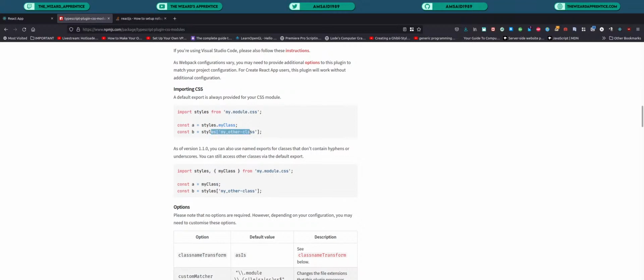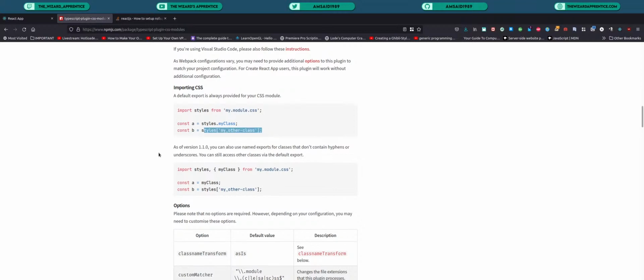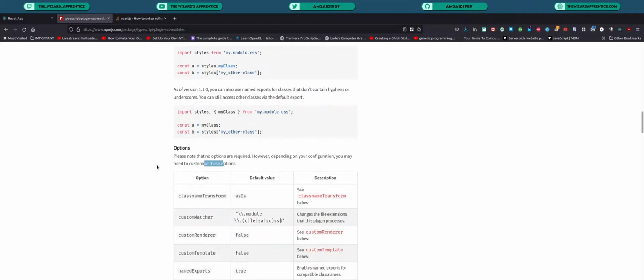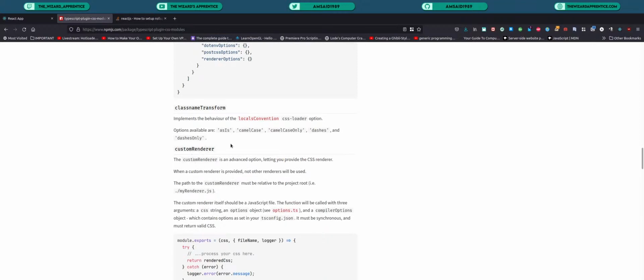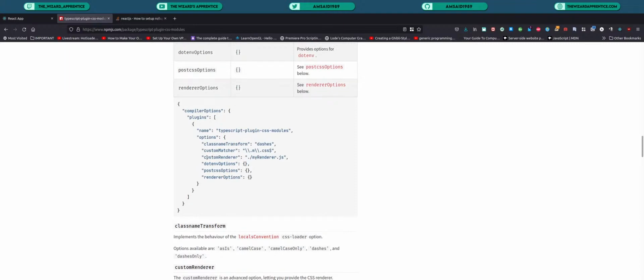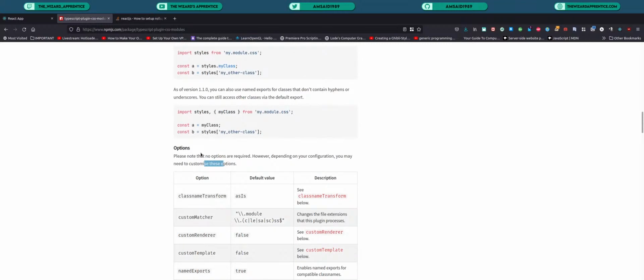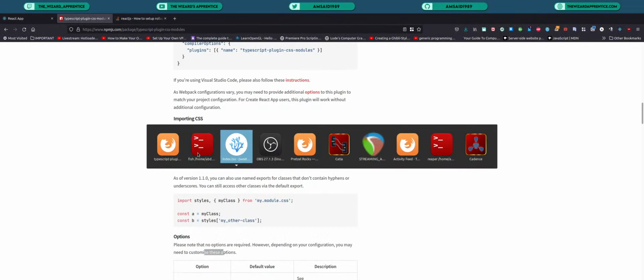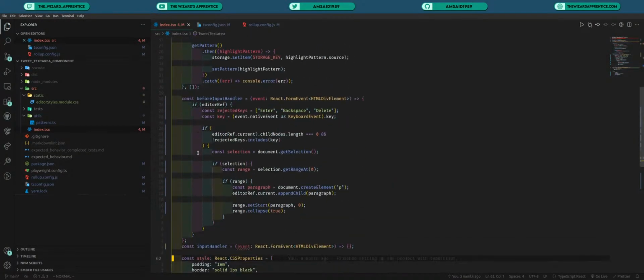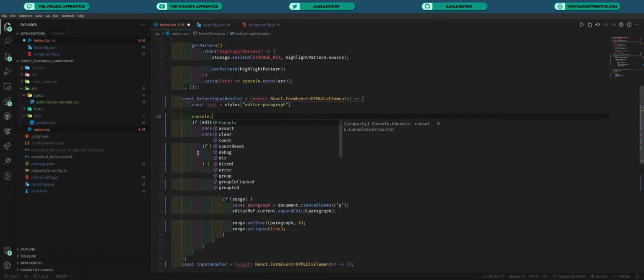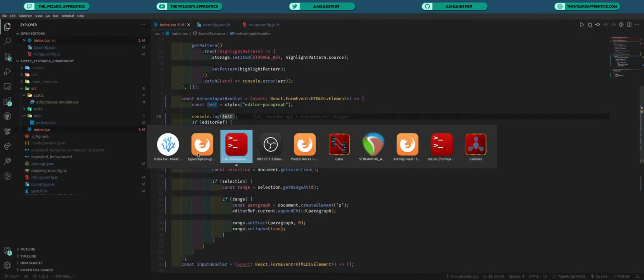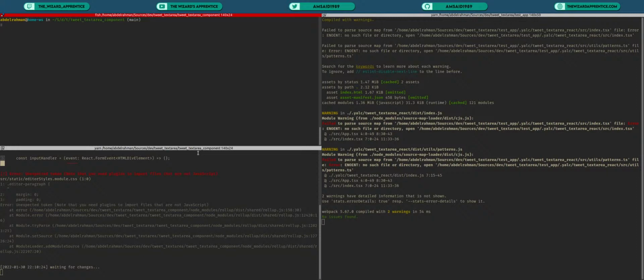No, see, it looks like, okay, maybe I need to come here, test equal styles editor paragraph, and then console log test. Yeah, see, it goes back to complaining about